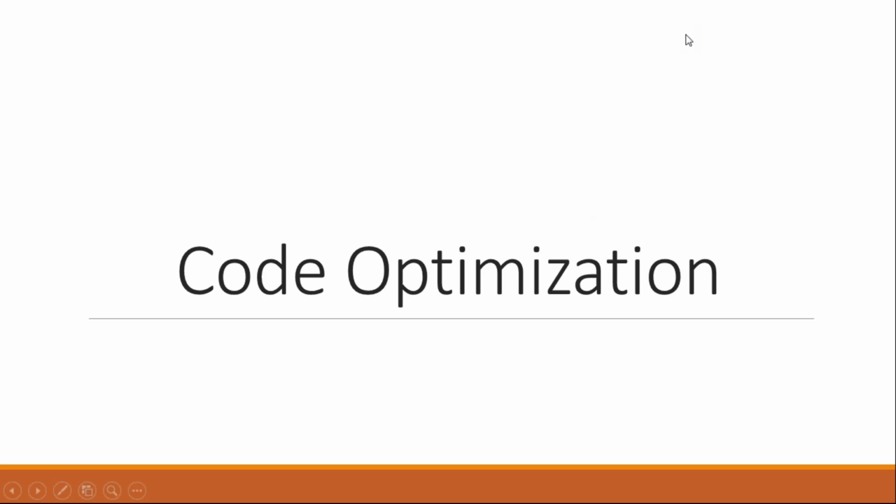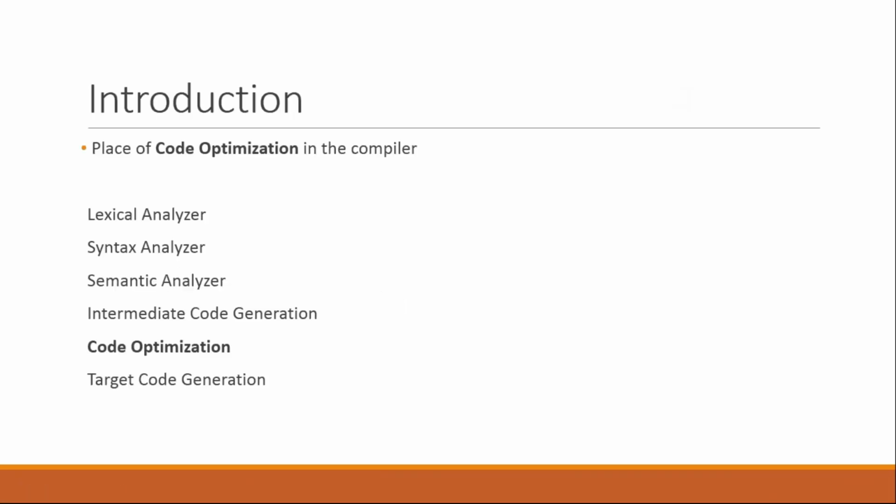Good afternoon everyone. Let's start with the new session which is related with your compiler design subject as well as the code optimization piece. In our last session, we have completed up till the intermediate code generation technique, right? So before we start with the code optimization, let's revise some points and some pieces of the compiler so that we can easily understand where our code optimization piece is placed in our compiler, what is the actual role of our code optimization piece, and what is the actual work of our code optimization piece.